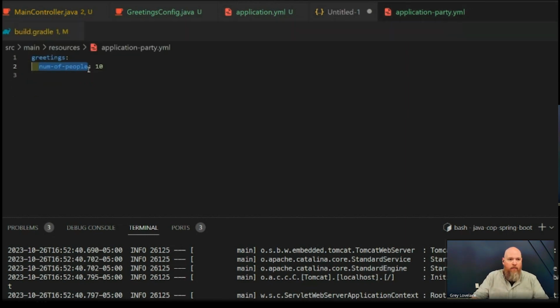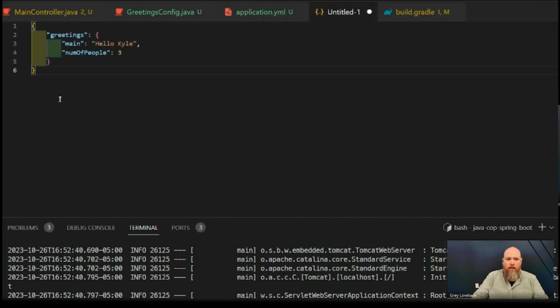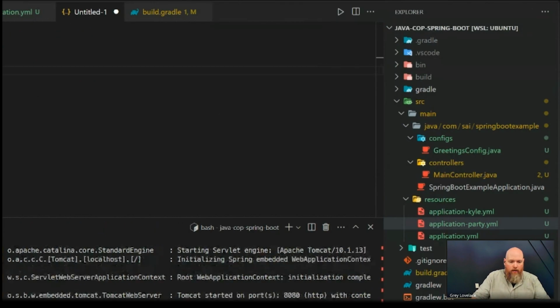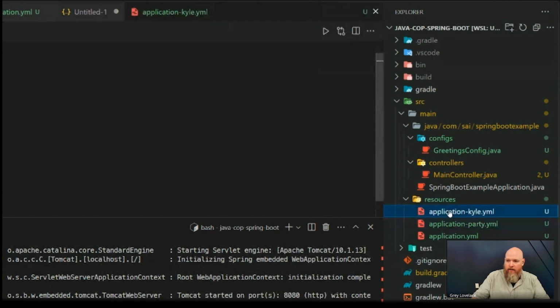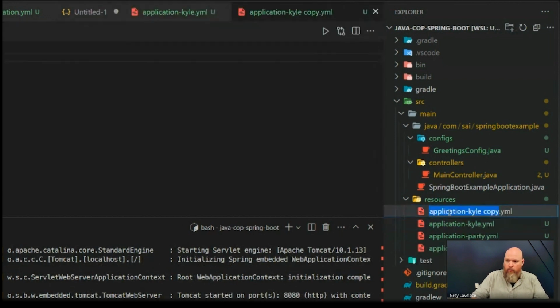I'm going to grab the number of people from the party, and I'm going to replace that, except I'm going to replace it with the number instead of the name. There we go. And I'm going to do that. And then, last thing here, if I replaced Kyle with myself, because narcissism,